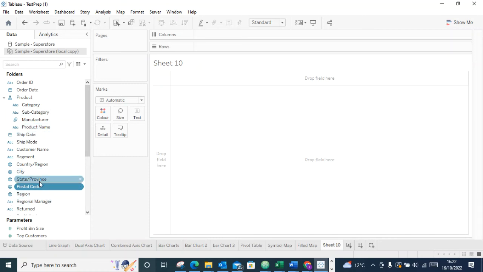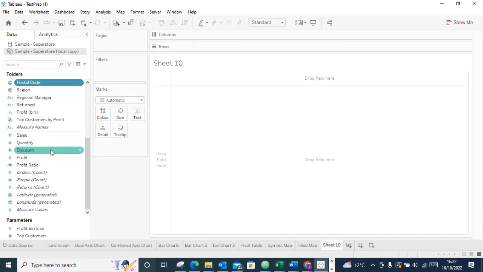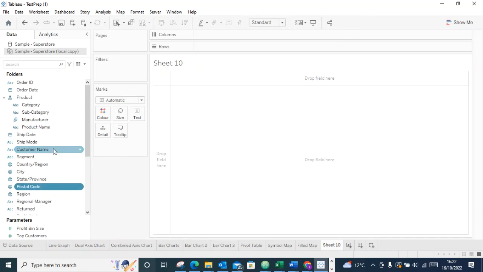So one thing is here, you know that in the country we have regions, yeah. And under regions we have states, and each and every state has a city, and each city has a postal code. You understand? So there are times your data is scattered,